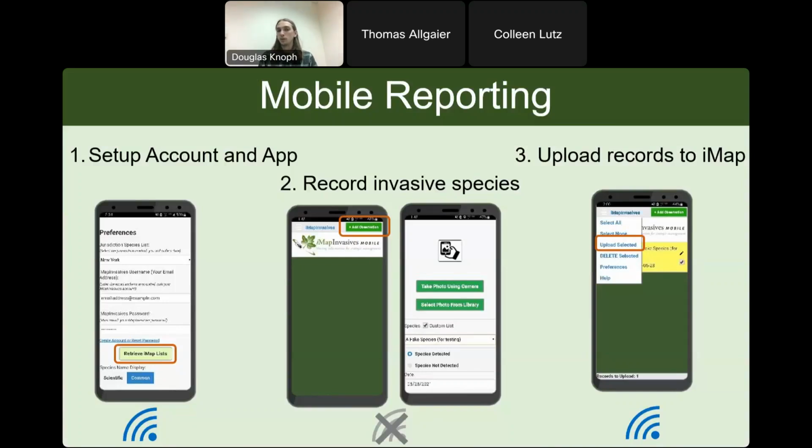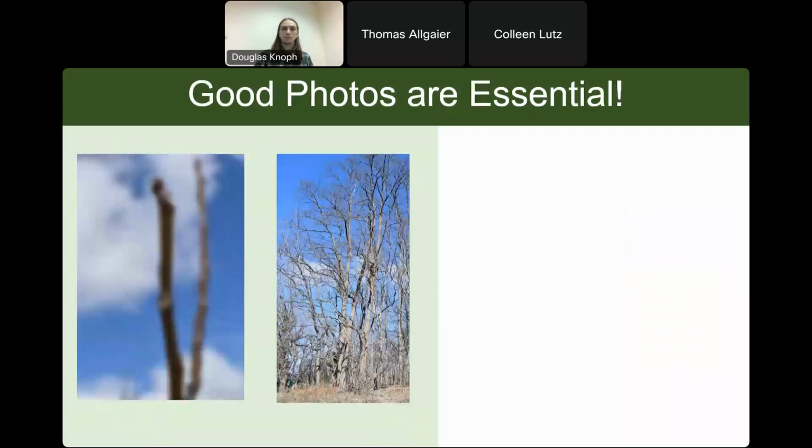This needs to be done with internet connection or good service, but after you are logged in and set up, you no longer need internet connection. You don't even need to have any cell service at all, and you can go out and do your invasive species surveys. So then you can go out into the field, do your surveys for either detected or not detected, depending on what you find in your survey area. And then once you're back home and you have internet connection, you can upload your records for whatever you found out in the field, and they will go into our database.